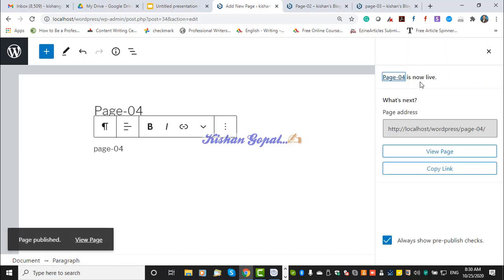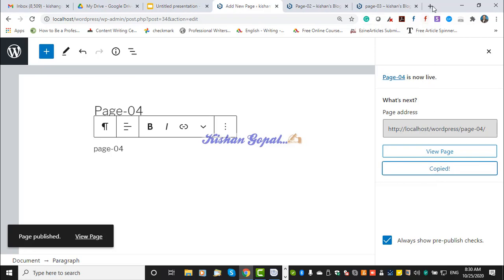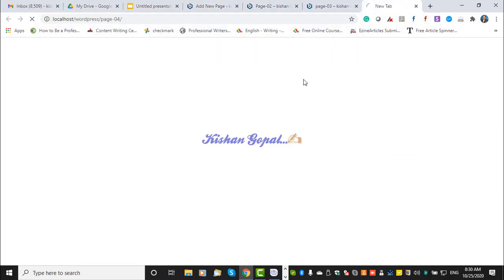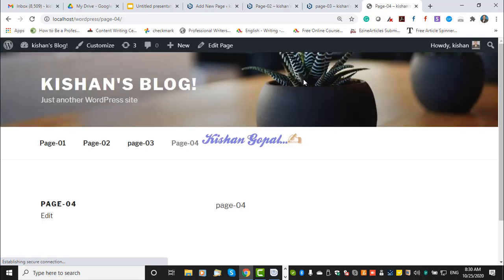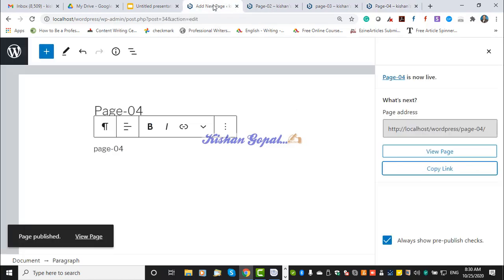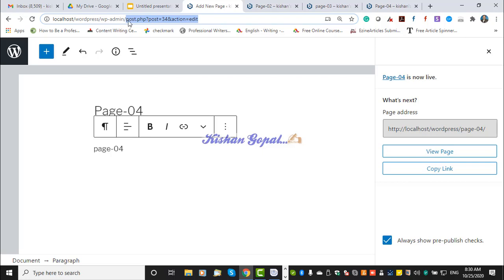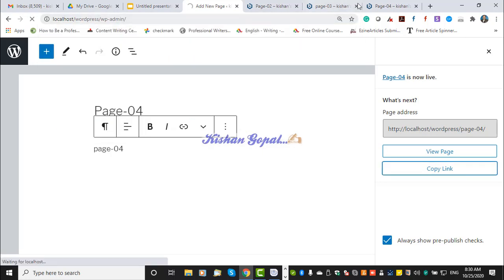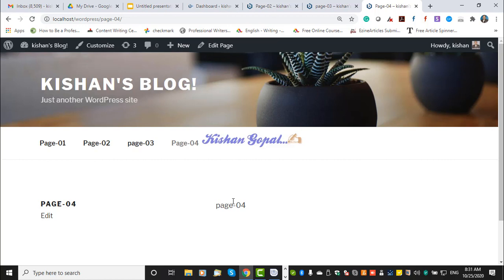Here you will have an option after creating your page. After you create a page, it asks whether you want to display that page immediately, or you can schedule it for a particular day and particular time. So you can schedule your page to go live, or you can post it immediately as well. So we have created 4 pages till now. We should be able to see them here. Now we will learn how to manage these pages.